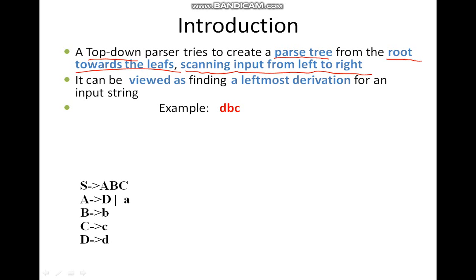In top-down parsing, the parse tree is constructed from root towards leaf. Your input is a string of which we need to check the syntax. It is scanned from left to right. We can also say top-down parsing can be viewed as leftmost derivation of the input string. It is a great question actually. Sometimes it is asked in various competitive exams which type of derivation is used in top-down parsing. So throughout the entire top-down parsing, leftmost derivation is used.